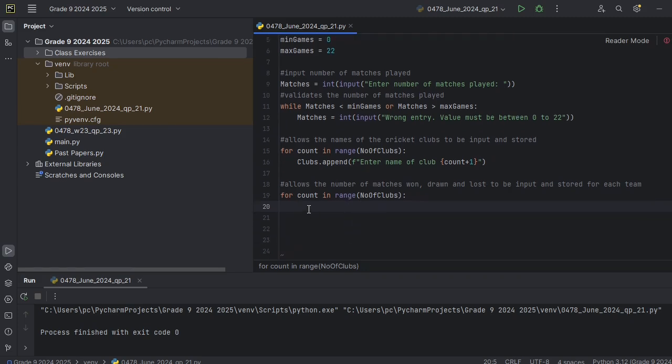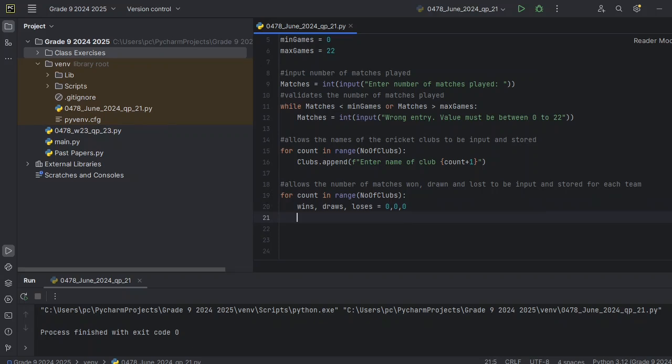So what I'm going to do is declare a variable for each of the 3 of them: wins, draws, and losses. I'm going to make them 0 each of them, and then